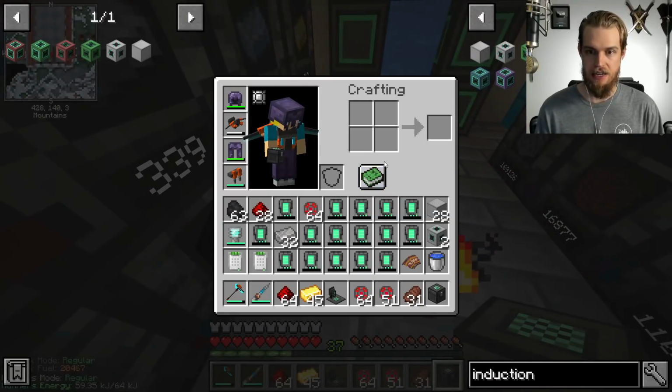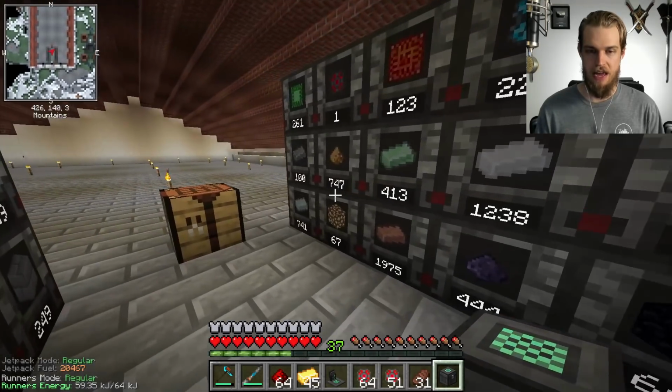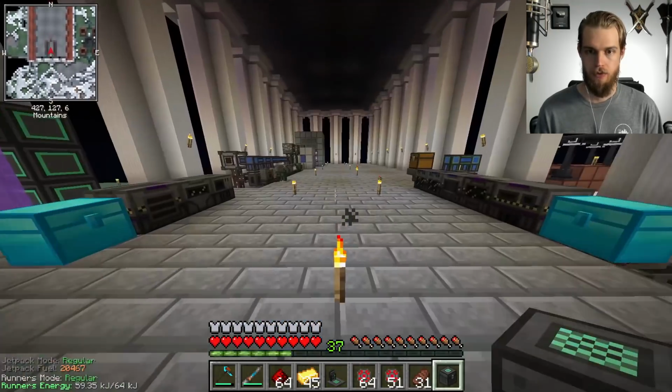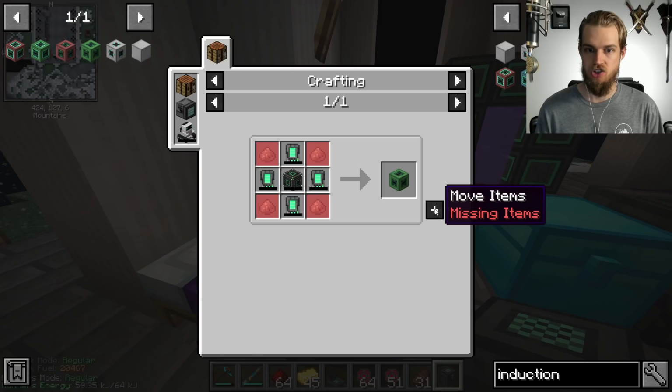Ooh, my inventory is full. Fantastic. Well, I can put away a couple things. I don't need these crafting formulas anymore. So that gives me that. And then the steel casings are in here. There we go. All right, so let's make the energy cube. And then let's make the energy...